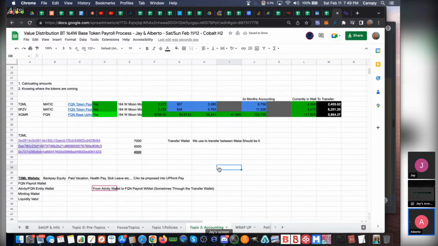We don't have the activity wallet, or we do already? I don't know. I don't think we have it. I don't know. Maybe we might. We'll be able to look through it quickly. Okay. So